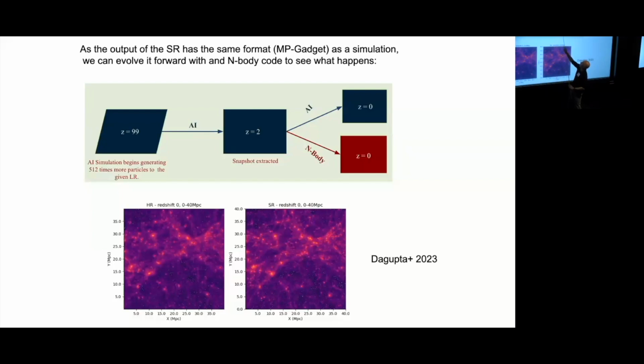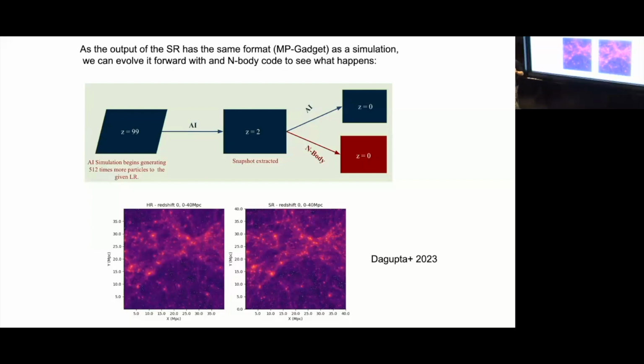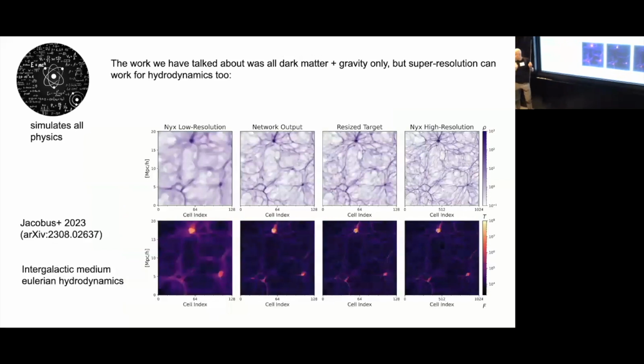Sorry, not the true high res. It's just this step evolving from redshift 2 down to redshift 0. And then this one is evolving from redshift 2 with the AI, and they're pretty similar, right? Again, the halo mass function is within 5% and so on. So they didn't explode. Okay, so that was gravity and dark matter, but you can imagine people do simulations of